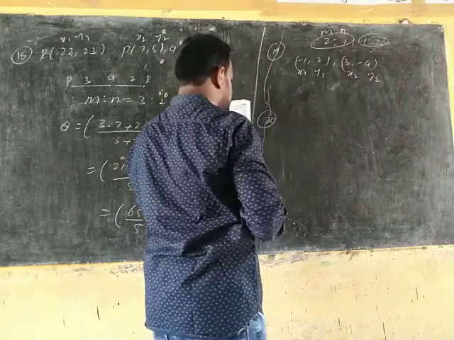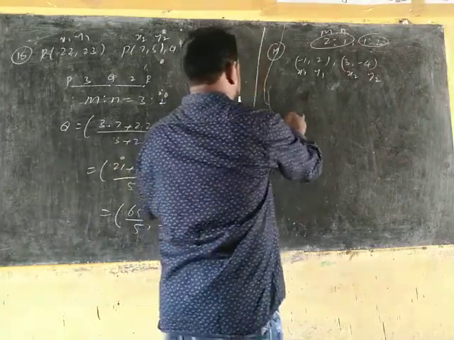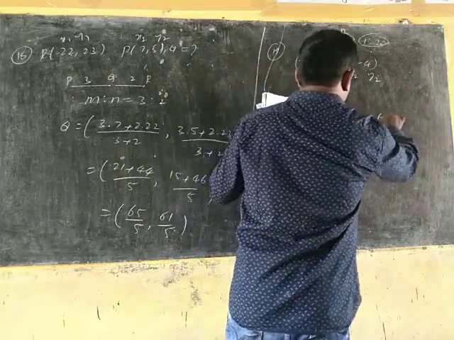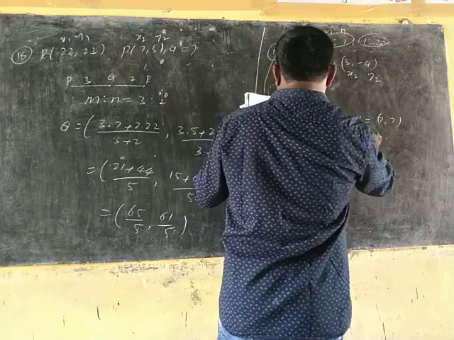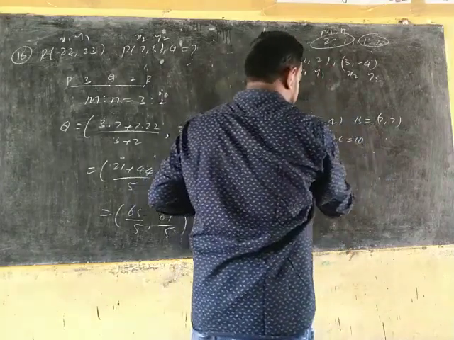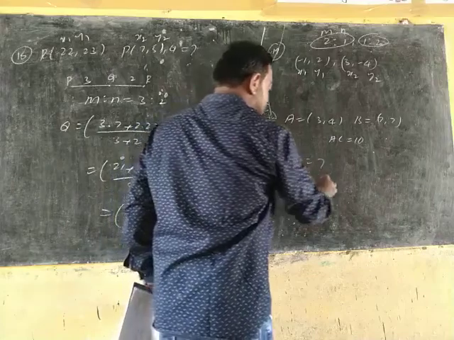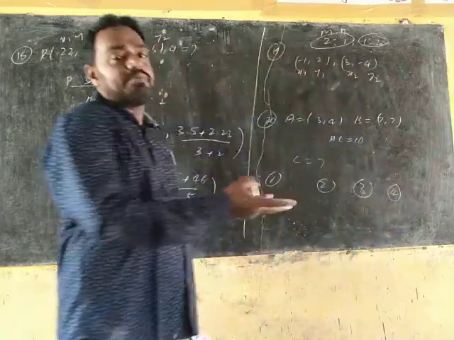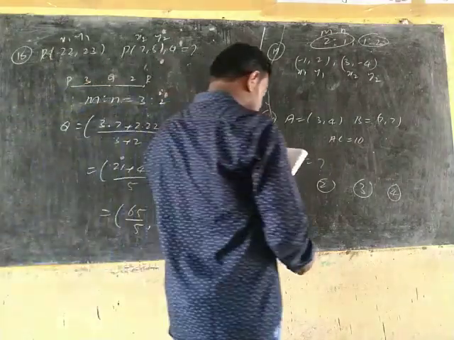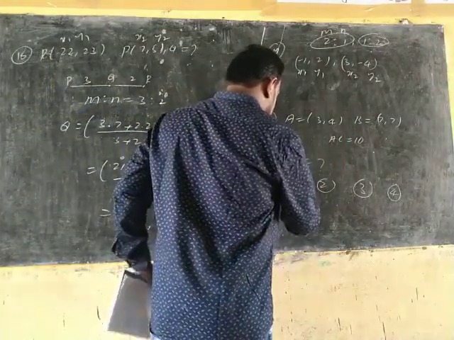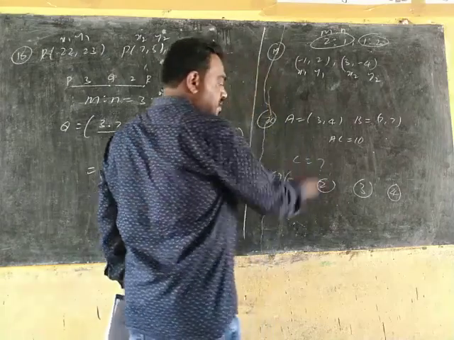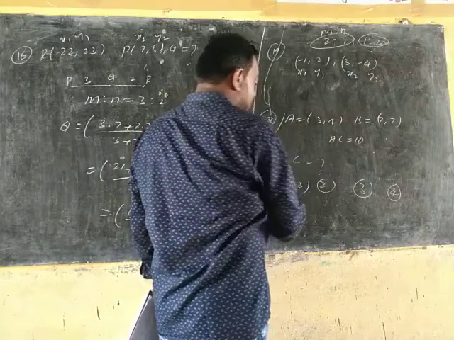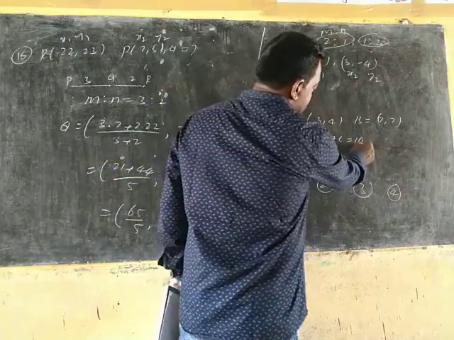Option 2. Next, 20th question you see. A, B, C are collinear points. A is (3, 4) they given, B is (7, 7), AC is equal to 10. Then C is equal to what, they are asking. They given options, just go through the options. For example, option 1, (5, 2) is there. So these options are C coordinates. So you find the distance between these two. If you get 10, that is the correct answer.